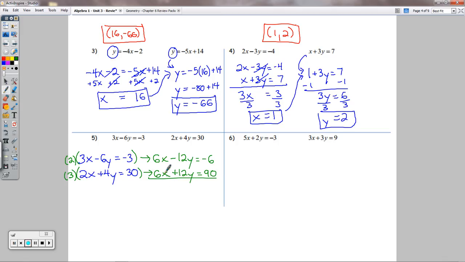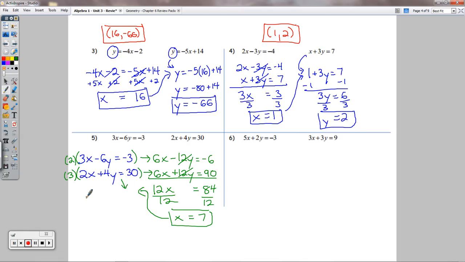If I combine those things together, I've got 12x. The 12y's will cancel. I've got 84 here. I can divide both sides by 12. That leaves me with x equals 7. And then I can take my pick. I'll pick the bottom one